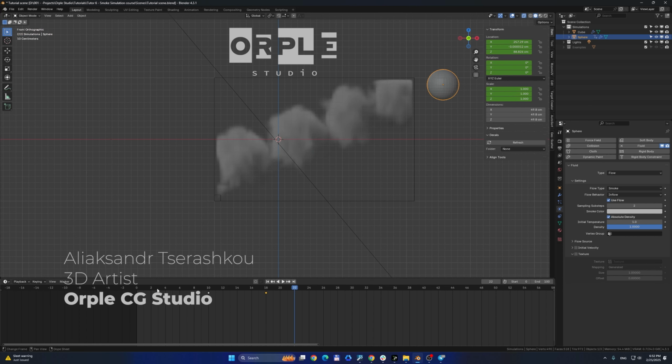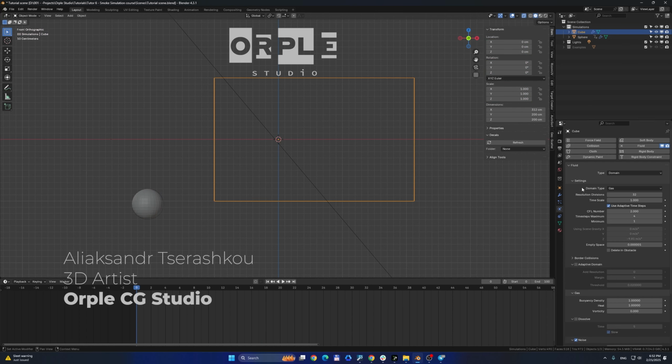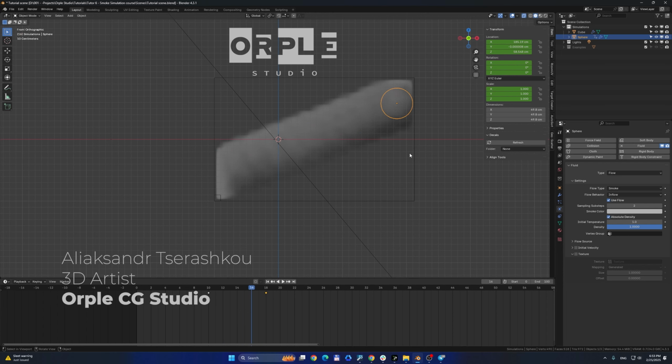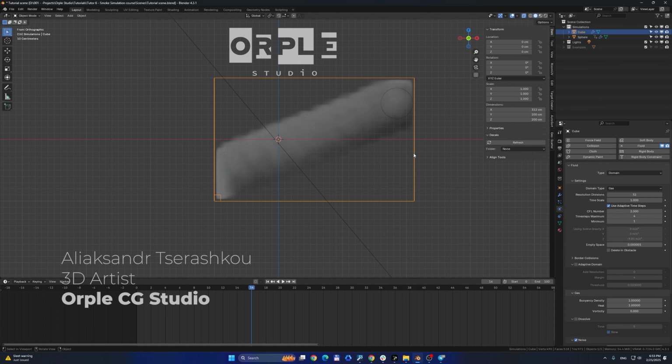So let's reset our simulation, increase the subsampling steps, and take a look. Boom, it's done. So keep in mind that we have two places where we can play with the quality of our simulation,